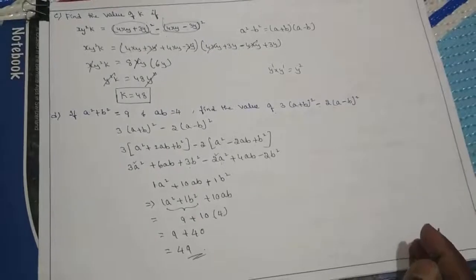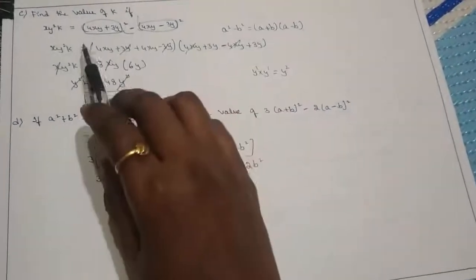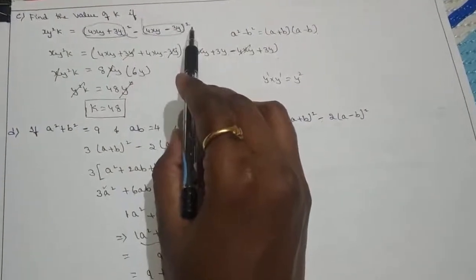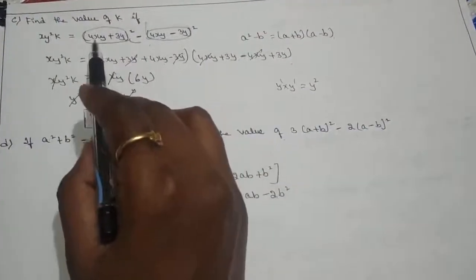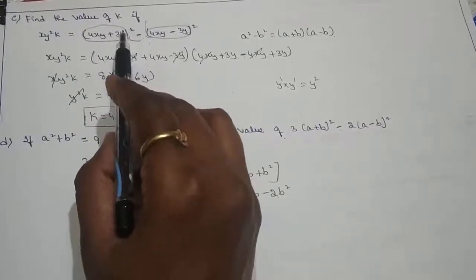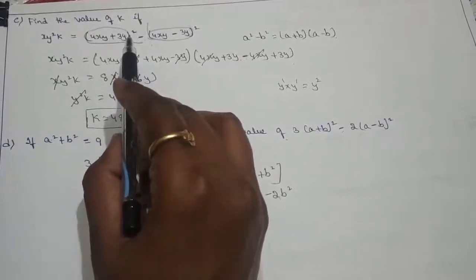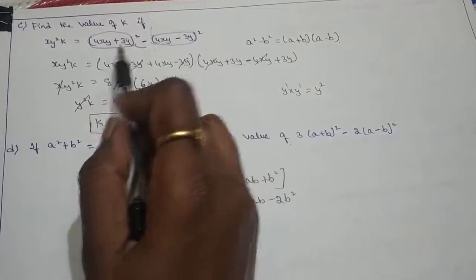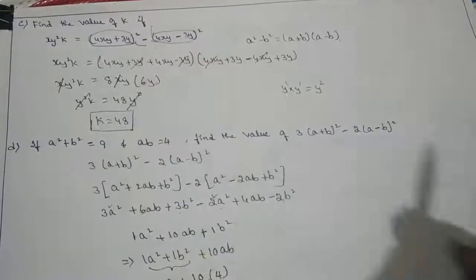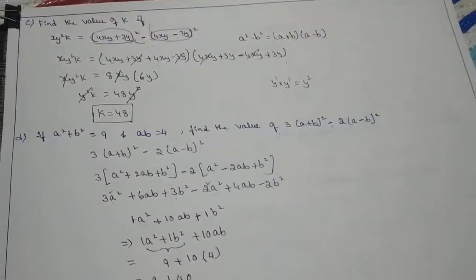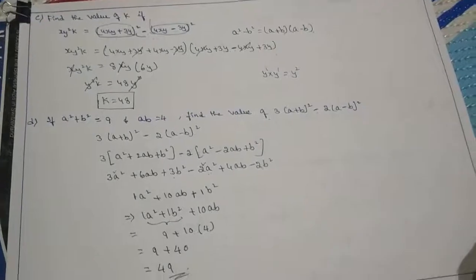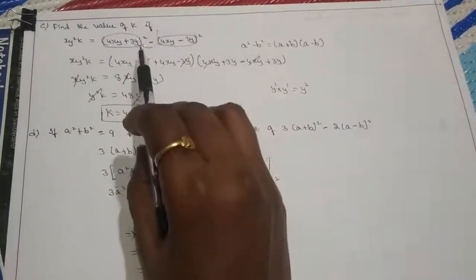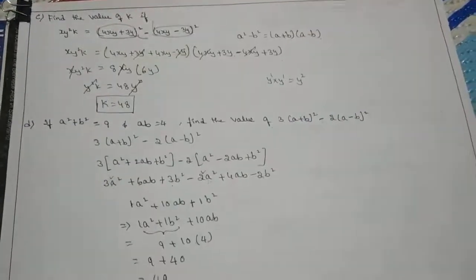And one more thing I forgot to tell you, children. In the C question, I have used a square minus b square. Some may put (a plus b) whole square also. You can use the identity (a plus b) whole square, and here you can use (a minus b) whole square. Here you will get 3 terms, here you will get 3 terms. Further you can proceed by using the (a plus b) whole square identity and the (a minus b) whole square identity also. If you want short and sweet, then you can go with this method, children.